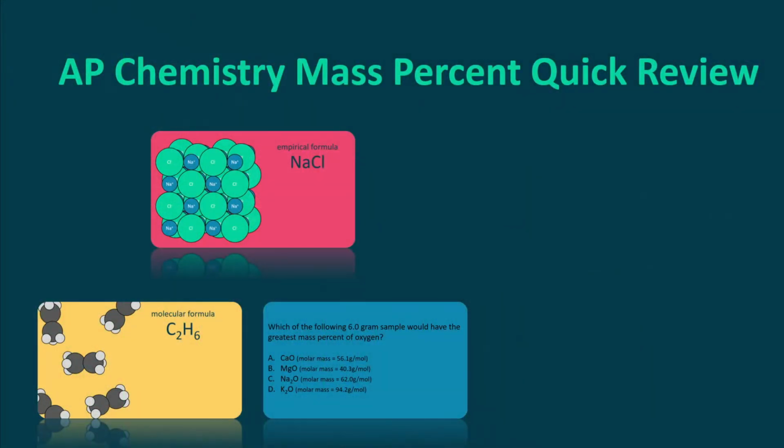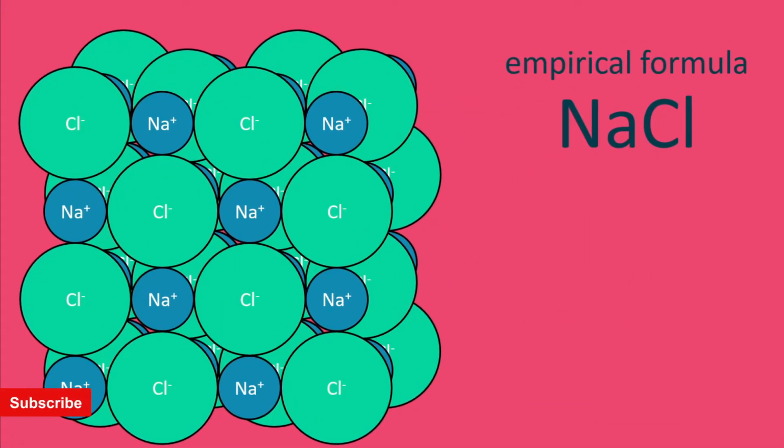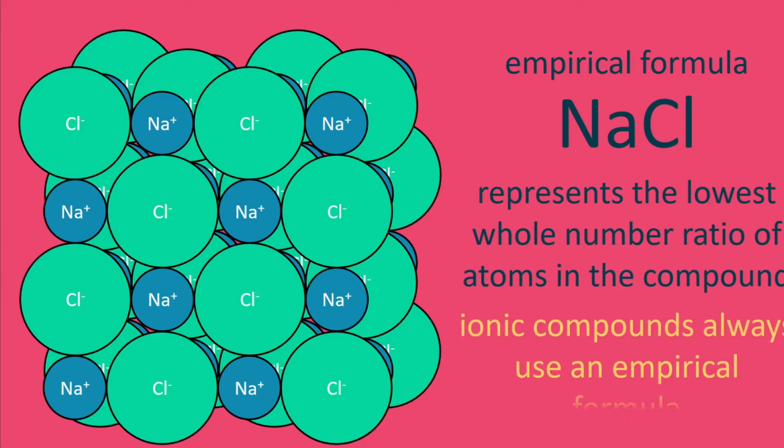Okay, for our first example, let's say we have some regular table salt, sodium chloride, and it's usually represented by an empirical formula. If you remember, an empirical formula represents the lowest whole number ratio of atoms in a compound. Ionic compounds always will use an empirical formula. If you'll notice, when ionic compounds are in a solid, the ions all just snap together, so there's not really a defined number of sodiums and chlorides in the solid. You just have a ratio of 1 to 1, and so you will always see ionic compounds represented